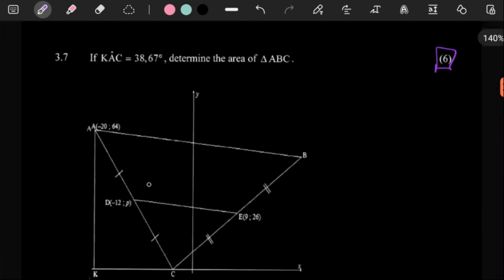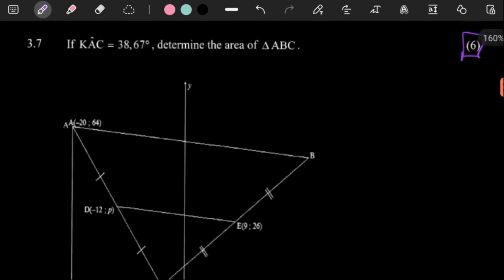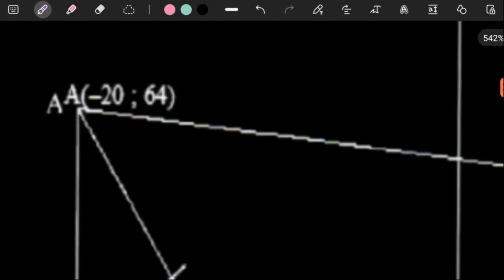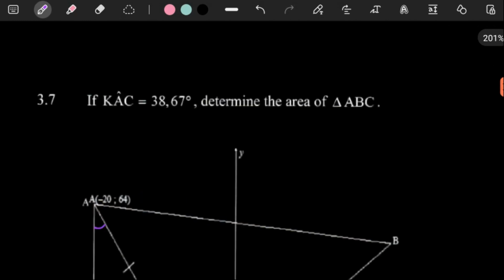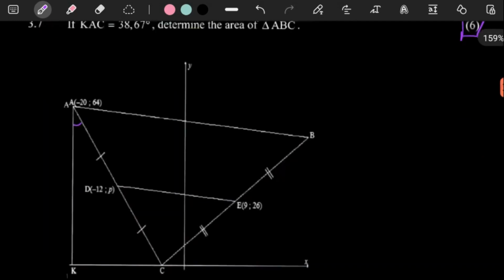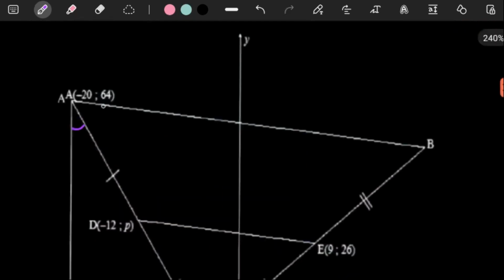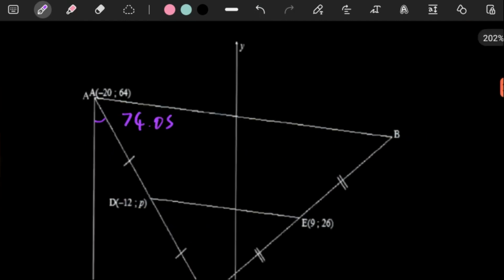KAC, what? Oh, this tiny angle. They said if this tiny angle is 38.67, determine the area of ABC. Yeah, that's quite interesting. Wow. Well, here we have it as 74.05. I don't even know why they gave us this angle, to be honest, because why would we